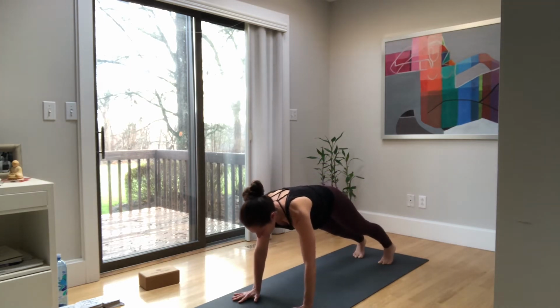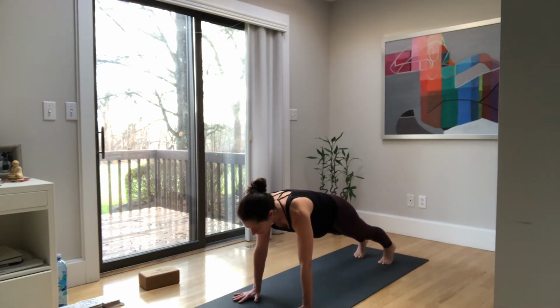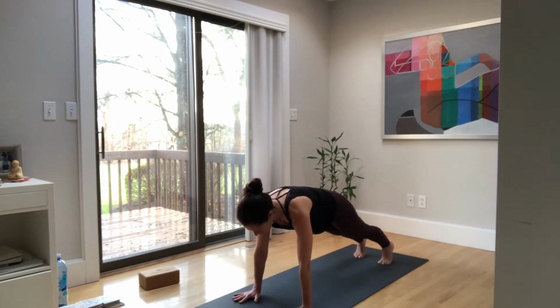And as you're here, really try to find all the places where you can engage, because it's really easy to just focus on one thing. So legs are engaged, kneecaps lifting, quads lifting, pelvic floor lifting. Draw your belly in and up. Wrap your front ribs in so you contain the energy in the solar plexus area. Push the ground away with your hands, and then pull your thumbs isometrically towards each other. So that push and pull gives you lots of lift through the circuitry of the heart center, so we can